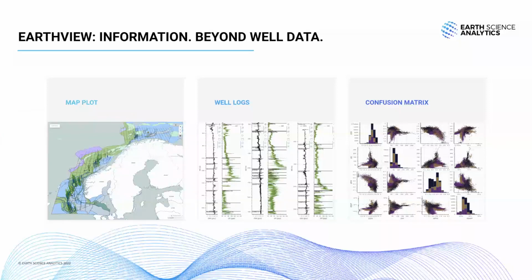Obviously, the log data is the second scale that we can look at, and EarthView allows you to display well logs in the regular fashion and the way you are used to looking at log data. In here, we are looking at a density and a gamma ray log for 3 different wells, once again from the Norwegian continental shelf. One third data review engine that we have is the confusion matrix, and the confusion matrix